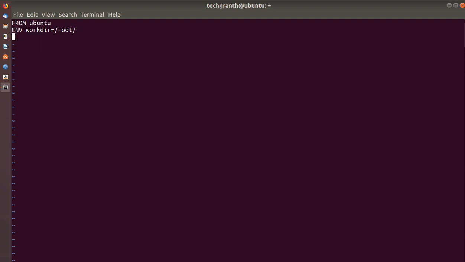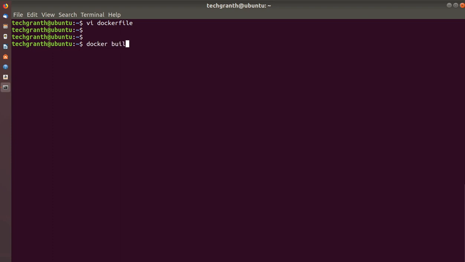And then we'll use the cmd instruction with echo, and it will print WORKDIR. So what we are doing is setting WORKDIR as /root as an environment variable, and then using the cmd instruction we will print the value of that environment variable, which must be /root. Let's save it.